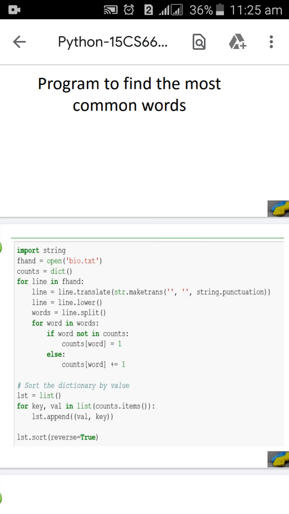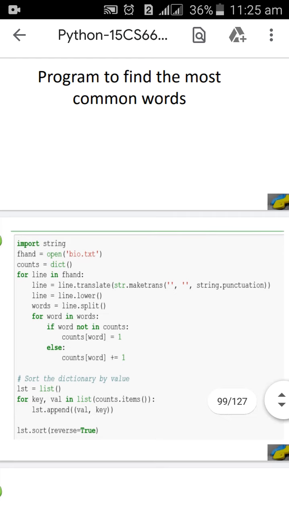Also, first we are going to convert all the characters to lowercase. If any of them contain uppercase letters, we convert the entire file content into lowercase characters.